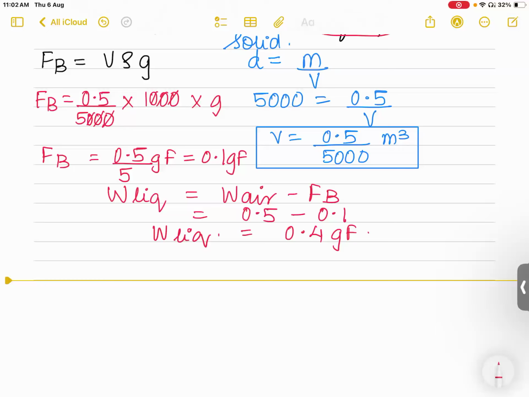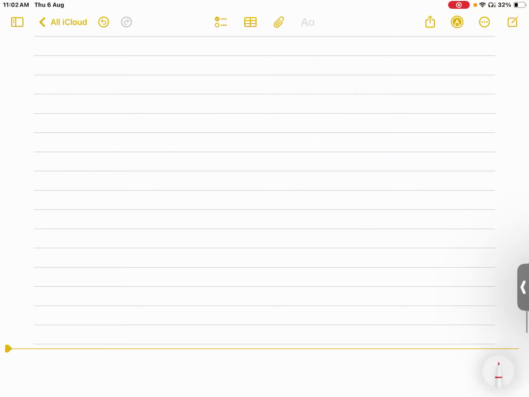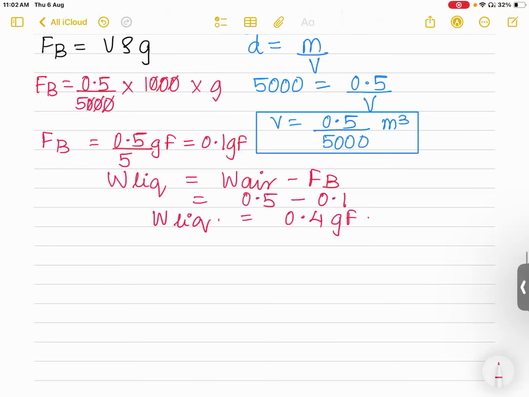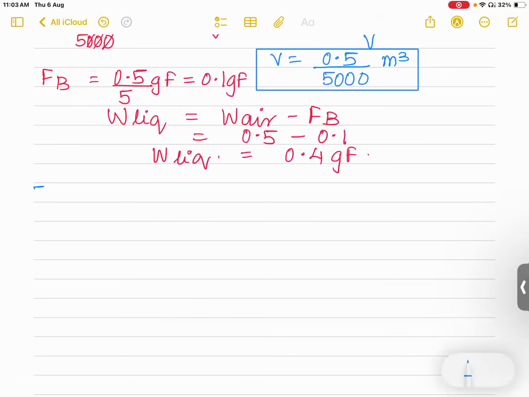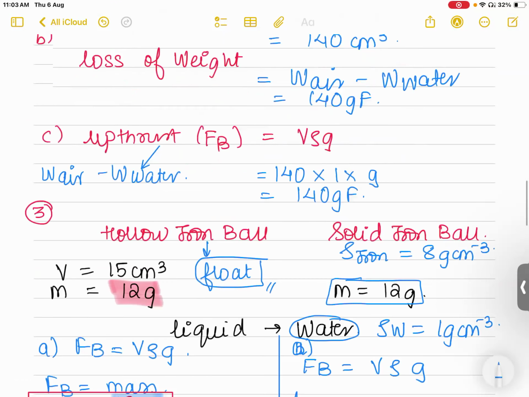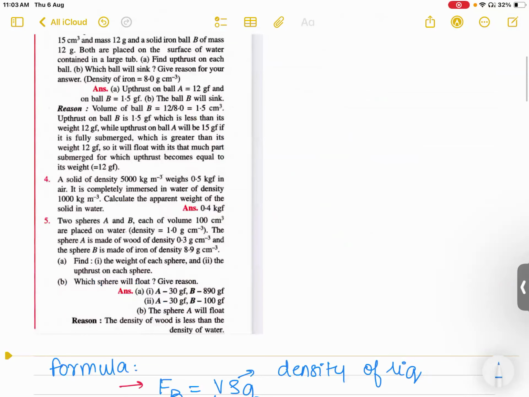Sure. Come on, let's take the next question, students. This was question number 4. Here comes question number 5. So after the fourth, the fifth question goes in this particular manner. Fifth is a very nice question. So focus and understand. Question fifth is: two spheres A and B, each of volume 100 centimeter cube, are placed